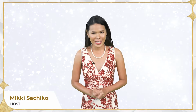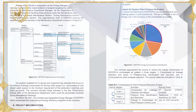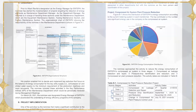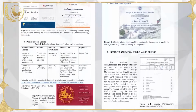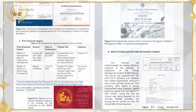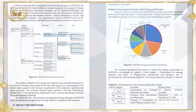The awardee for the Certified Energy Manager is a master's degree holder in mechanical engineering and is a registered mechanical engineer. The nominee is also a master's degree holder in management, majoring in engineering management. He is a seasoned mechanical engineer leading multiple technical departments in the EMD Technologies Philippines Incorporated. Having undertaken various competency courses for energy managers and courses which focused on the implementation of an energy management system in a company, he led the development of the Energy Management System Manual retrofitted and integrated for the EMD Technologies